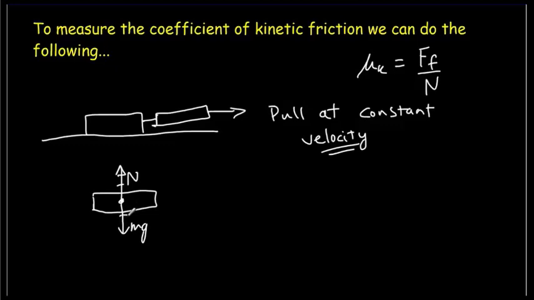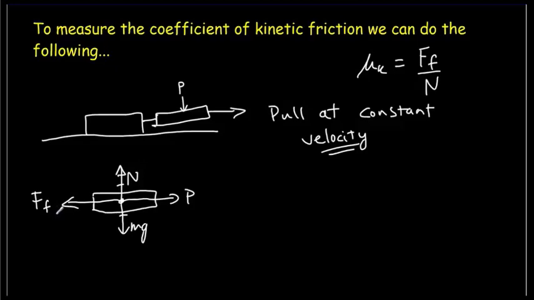Those two have to be equal in size. That means if I know my weight, I know my normal force. And then if I consider the horizontal direction, once again, the forces have to balance out. So if my Newton scale is reading a value P here, my force of friction has to be exactly the same size. So whatever my reading is on my Newton scale, that's going to be equivalent to the magnitude of